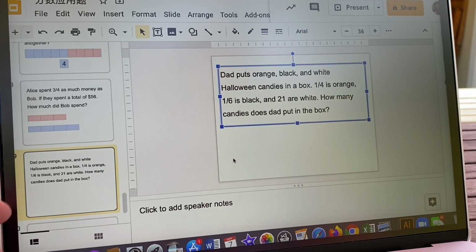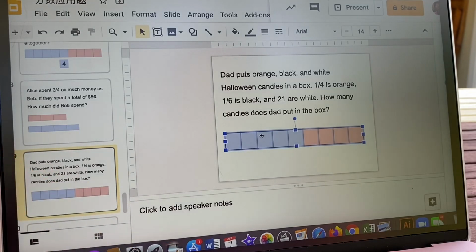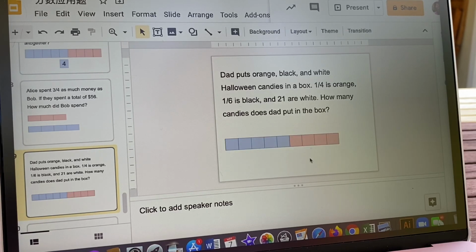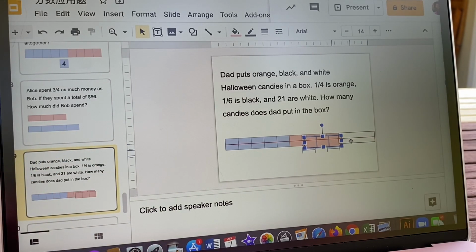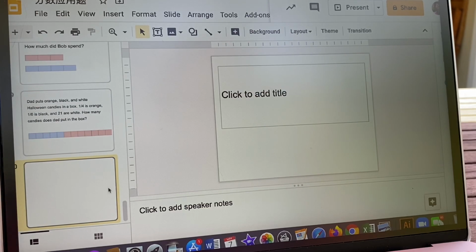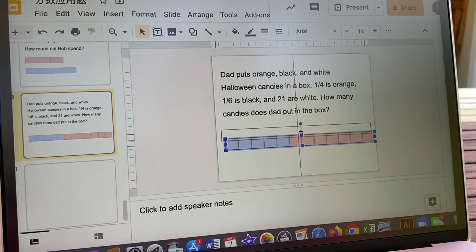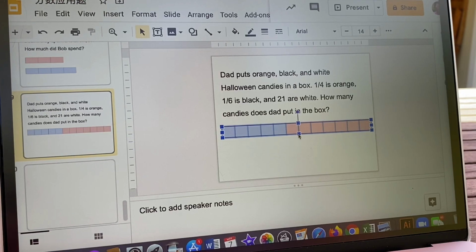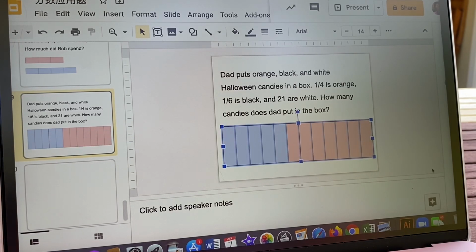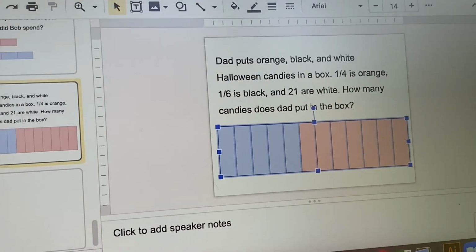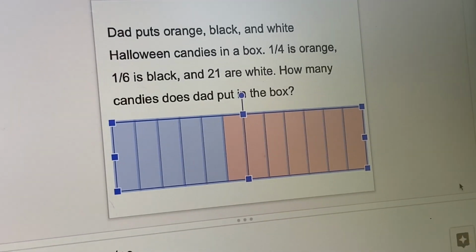So we part into 12 parts. This is 9 parts, and we need to add 3 more parts. So now we have 12 parts, and these are the candies that we had,